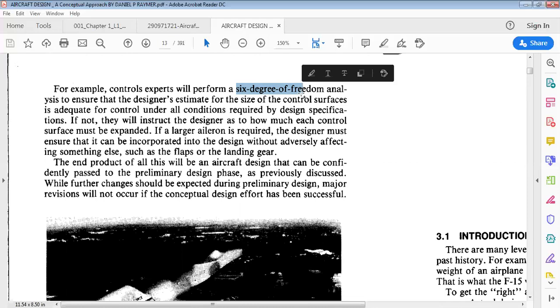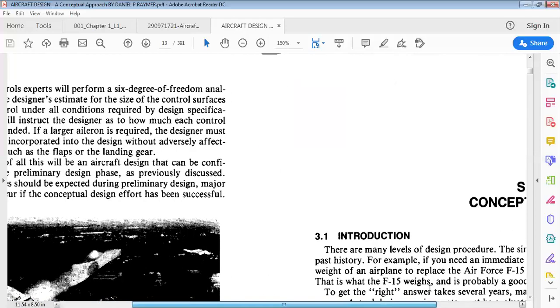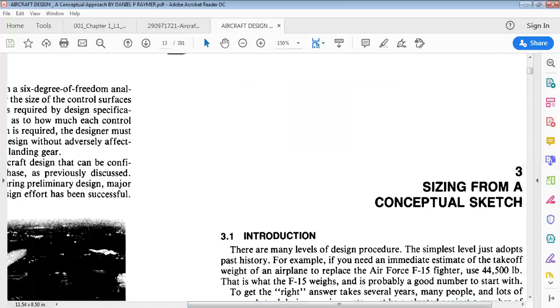What is this degree of freedom? The body which is free to rotate in all the directions, that is what I will call degree of freedom. In engineering mechanics, you would have drawn the degree of freedom diagrams, right? So in which all directions it can freely rotate, that is called degree of freedom. This is called 6 degree of freedom. Fixed wing aircraft always have 6 degrees of freedom, while hovering types of helicopters mainly have 9 degrees of freedom. Please remember this.